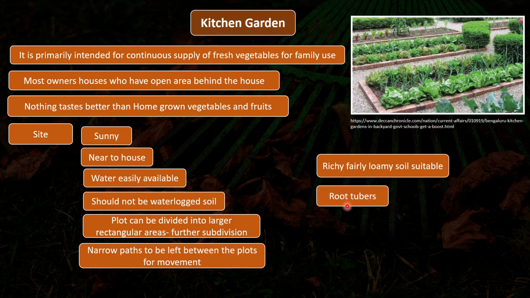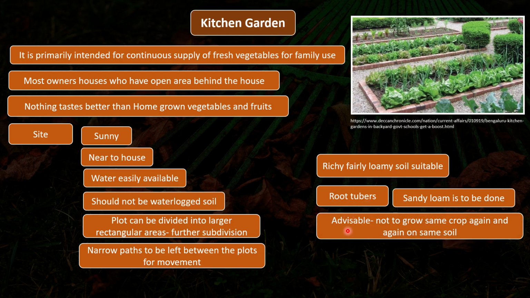Now when you use root tuber plants, you need to have sandy loam. Now what is sandy loam? Sandy loam is a soil that is also a mixture of all the three, sand, silt and clay, but this will have more sand in the loam, which means that sand would be more and silt and clay would be less. So why do we put more sand? Because sand has good drainage, as I said before. So root tubers always require very good drainage, so it is advisable to use sandy loam for root tuber plants.